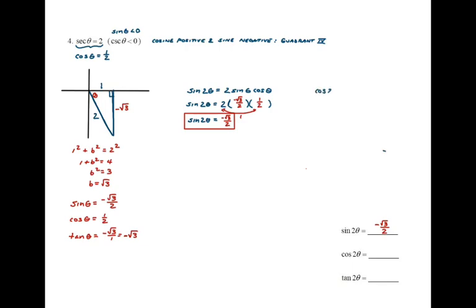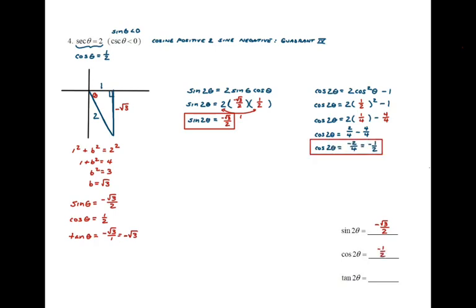Then for cosine, I'm going to use 2 cosine squared of theta minus 1. So cosine of 2 theta would be 2 times, and then in place of the cosine of theta, I'm going to put a half squared minus 1. So 1/2 squared is 1/4, so this becomes 2 times 1/4. And then instead of minus 1, I'm going to say minus 4 over 4, just because I'm going to end up subtracting those two terms anyway. So 2 times a fourth is 2/4, minus 4/4 would give me cosine of 2 theta equal to negative 2/4